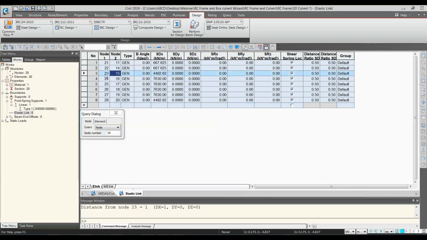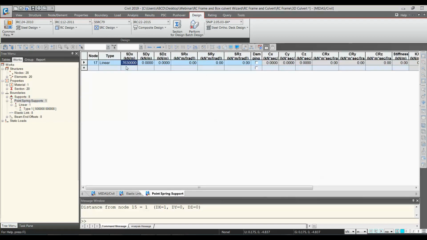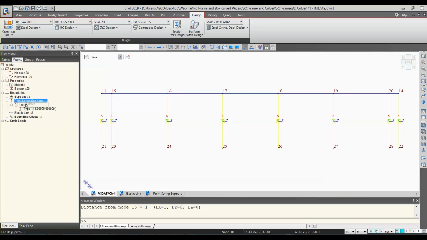Okay, so this length, which is 4482.62, because we have entered the modulus of subgrade reaction in kilonewton per meter cube, into area it would be 4482. Now similarly, one point spring support is also present to give stability to the structure in the vertical direction. Okay, so if you see this, let me show you this.